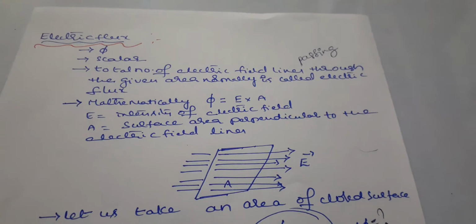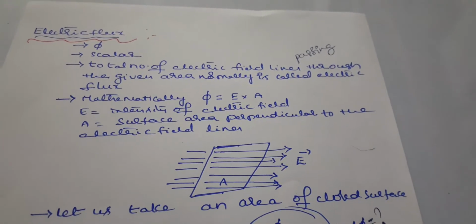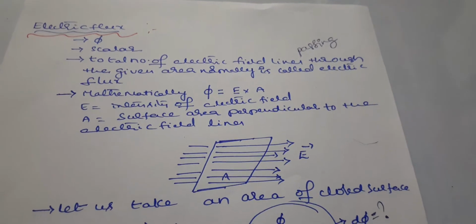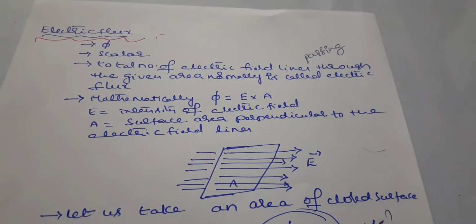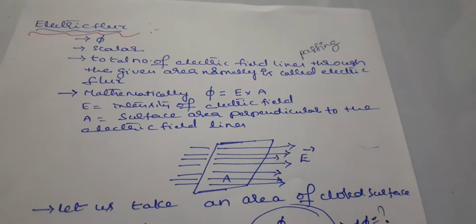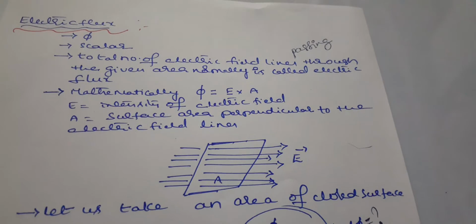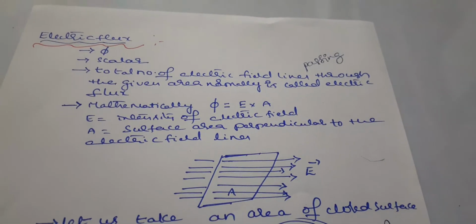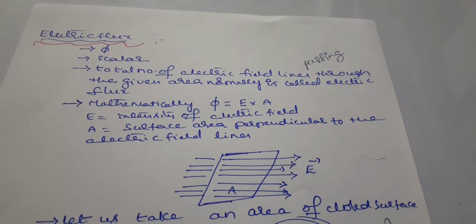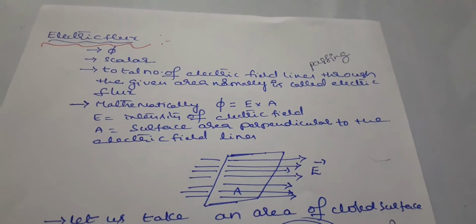So to understand the concept of Gauss's law, we must know a quantity in Electric Charges and Fields in intermediate second year physics, that is electric flux. After knowing about electric flux, it is better to go on to understand the Gauss's law topic. So first, what is electric flux, students?